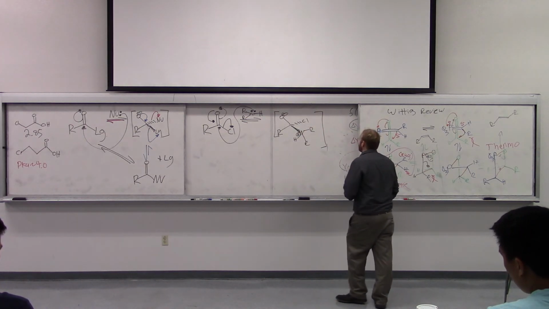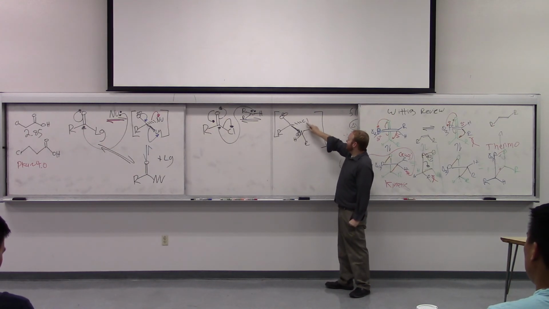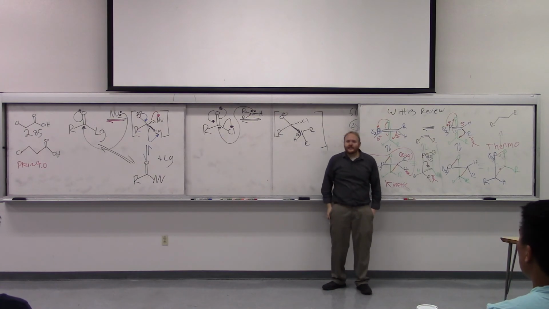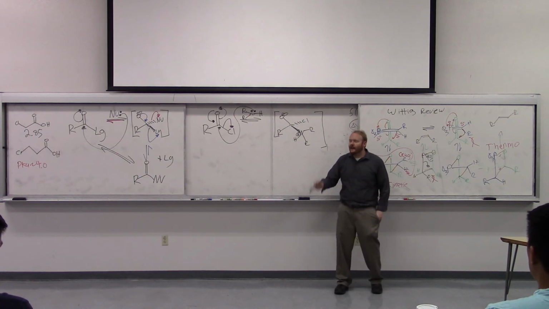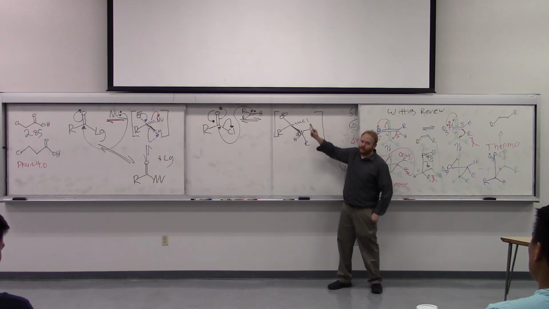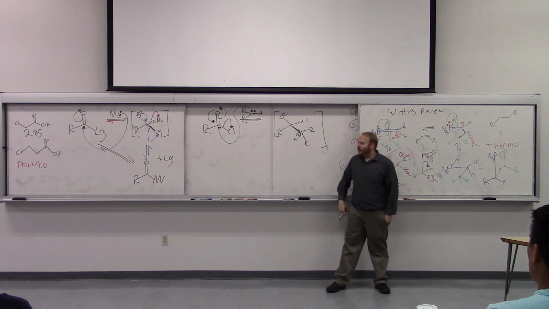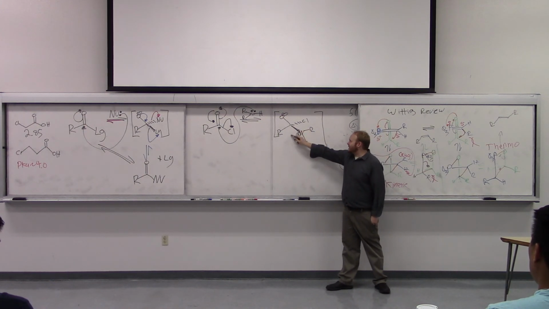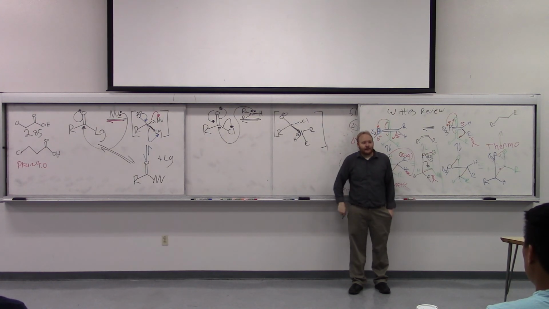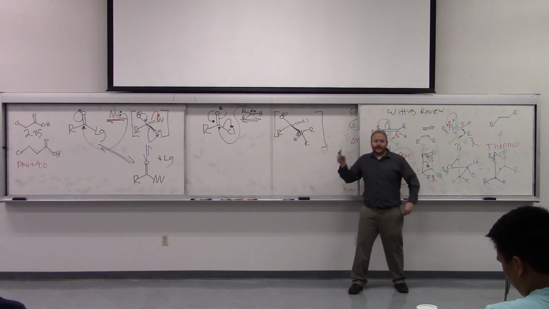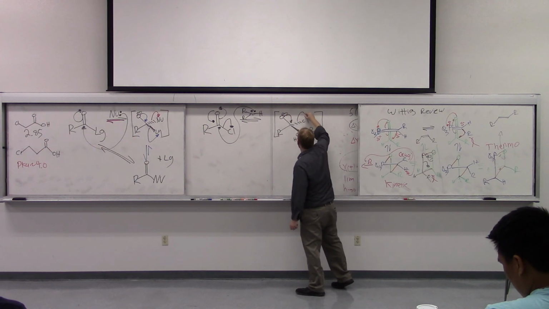And now it can kick out two things. It can kick out this as the ammonium, or it can kick out the chlorine. What's the pKa of Cl minus? Well, what's the pKa of the conjugate acid of Cl minus, which is HCl? 0. What's the pKa of the conjugate acid of this leaving group, which is an ammonium? About 10. An ammonium pKa is 10. So by 10 orders of magnitude, it's going to prefer